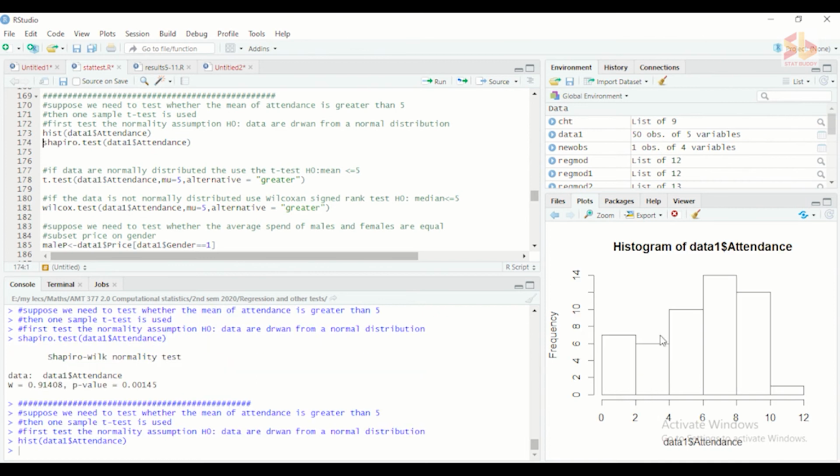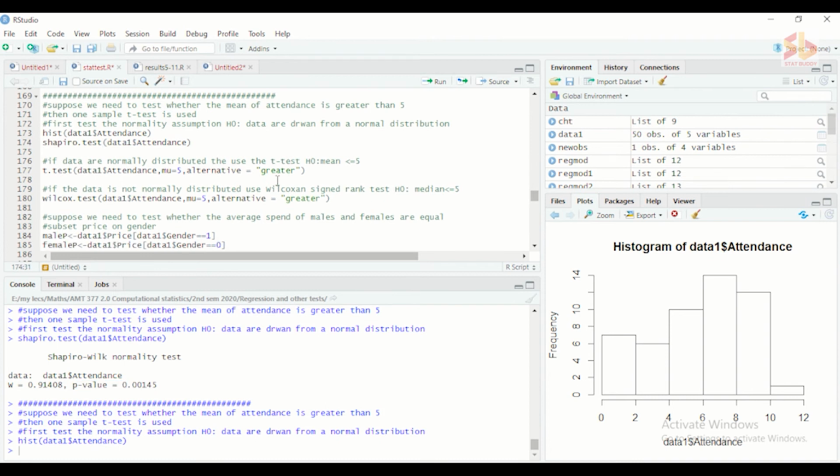You can see the shape is not symmetric. So we can see the distribution of attendance is not coming from a normal distribution. So the null hypothesis is rejected.